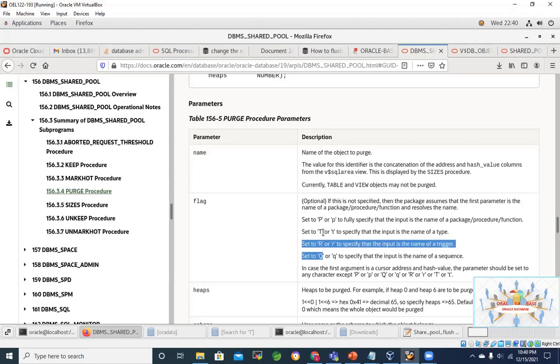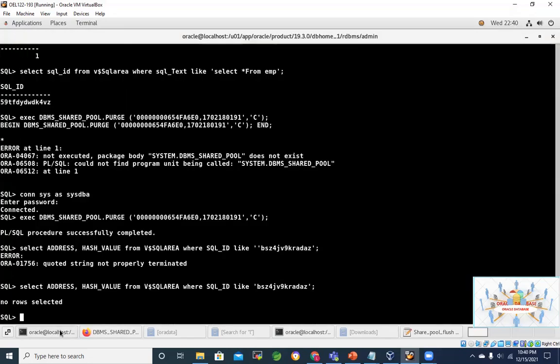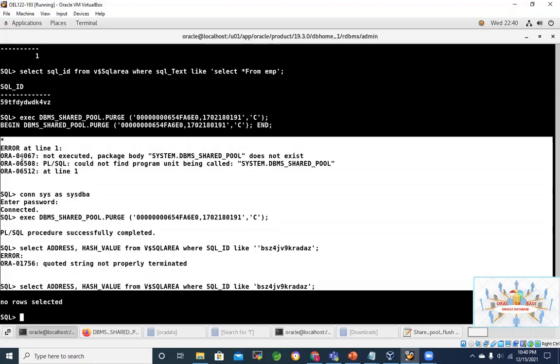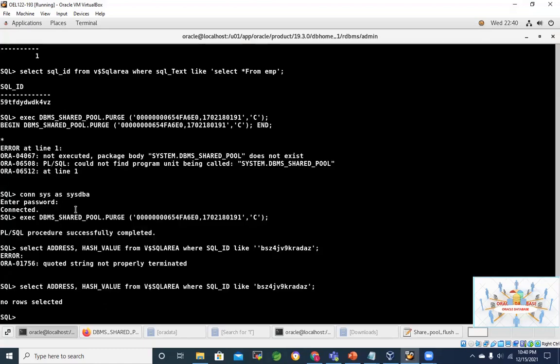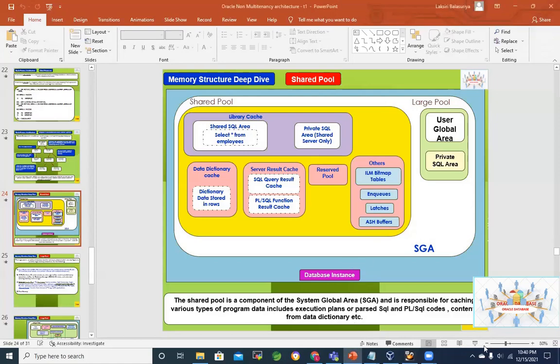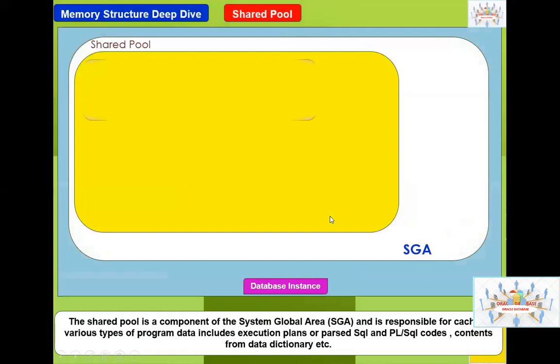But anything other than these letters you can use if it is a cursor. So I use C, and it is accepting C. C is for cursor. Hope you got the idea with that practical, clearing the entire shared pool plus the selected SQL statement. With that, I think we can conclude the understanding of shared pool memory structures.